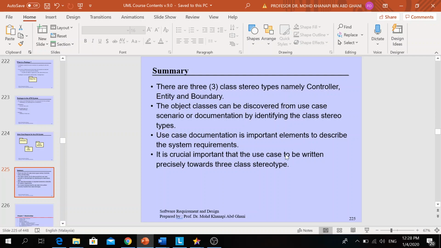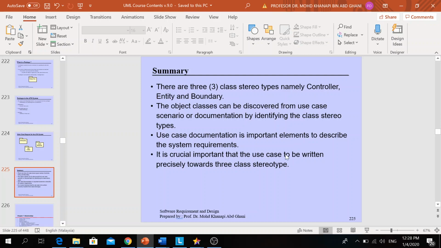I told you already that the use case description is very important for you to discover the object classes, and this is the beginning of object-oriented design. If you don't know what a class is, what an object is, and how to discover the objects and classes, I think it's very difficult for you to continue your analysis modeling toward the design modeling.